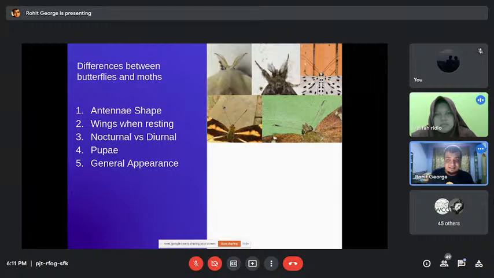Skippers, or Hesperiidae, have it a little L-shaped, a little bit like a hockey stick. Moths can have a variety of different types, but it's never bulbous at the end or like a hockey stick, straight with a slight bend at the end.